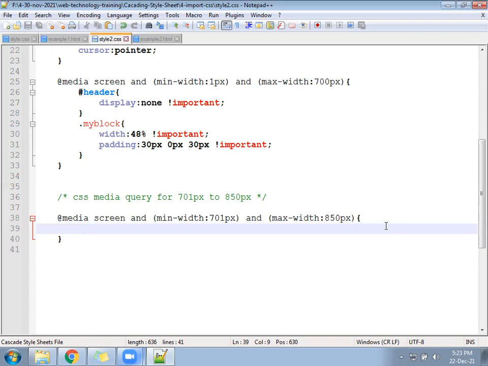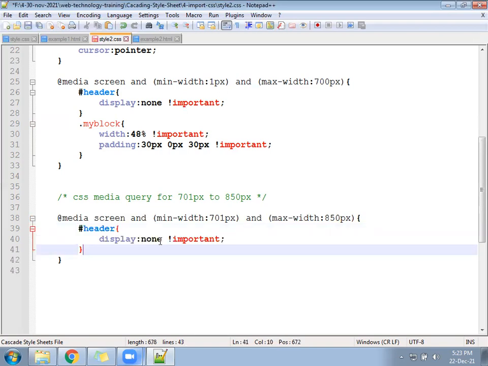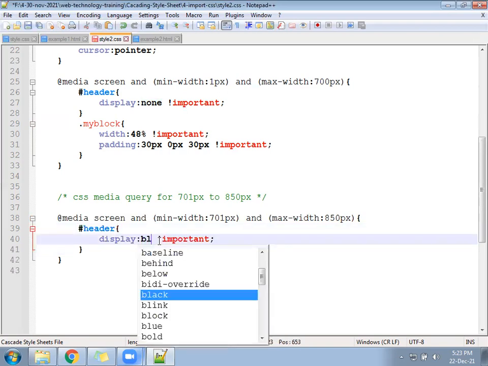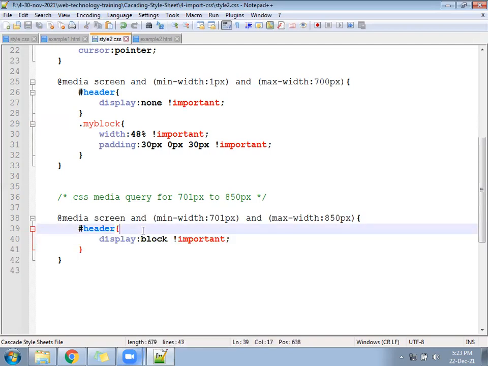Then what should happen? The my block header should be visible, display as a block.